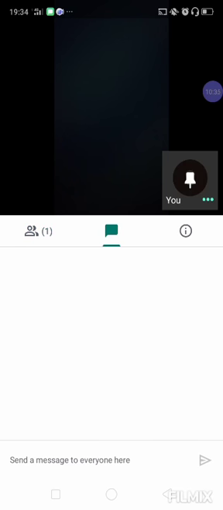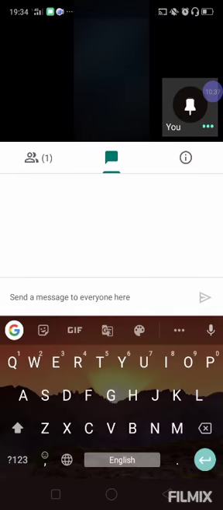If you have any doubt, down here on this side a chat box is given. In this chat box you can type your doubt and send. Later, after the class, the teacher can clear your doubts. In between the class, if it is not possible, later she or he can clear them. Like this you can ask doubts to your teacher.